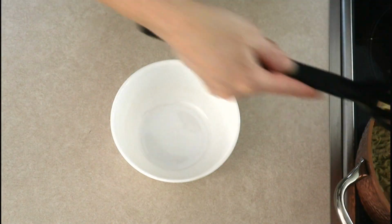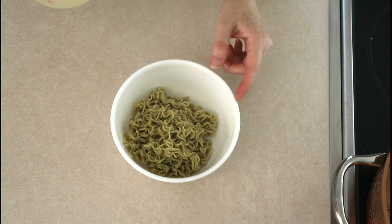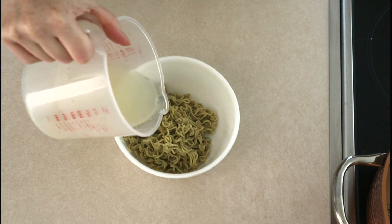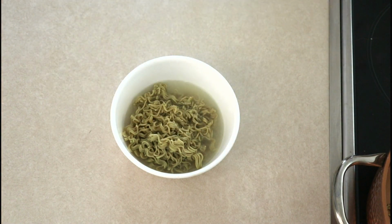Once our noodles are all cooked, place the cooked ramen in a serving bowl. Add 1 cup of the hot water that you've cooked your pasta in. Now, by the time I was done cooking mine, I didn't have quite 1 full cup of the cooking liquid. So I just added a tiny bit more of very hot water to equal 1 cup. If you use a smaller pan, it probably won't evaporate as much, so you probably will have 1 cup of